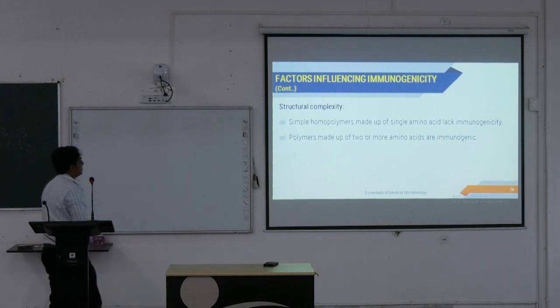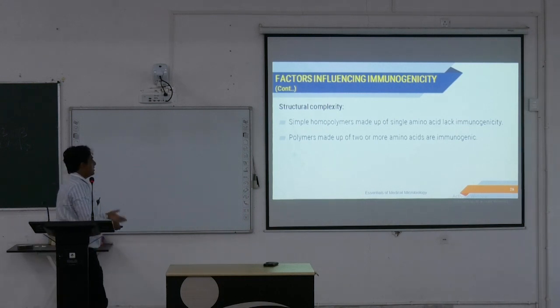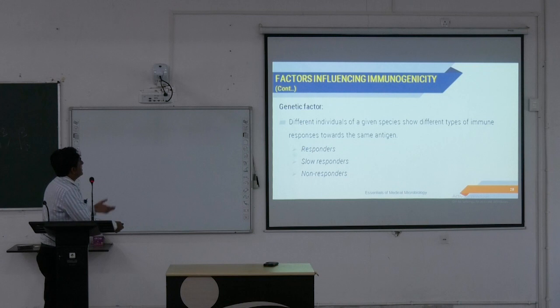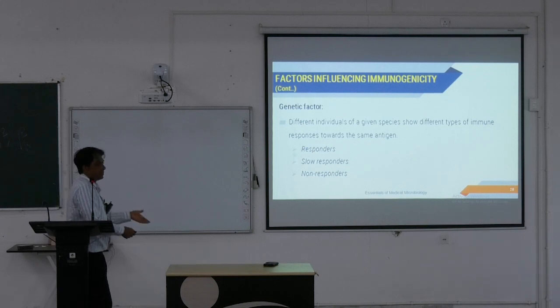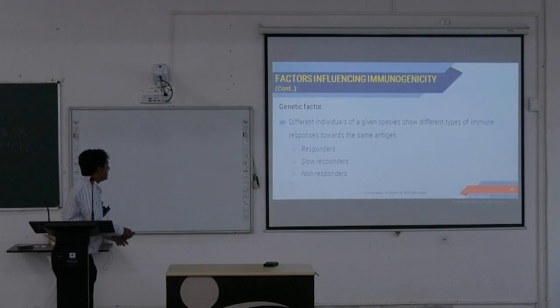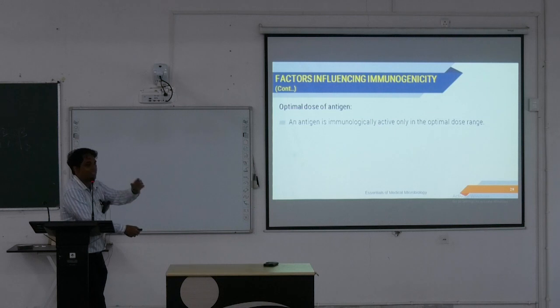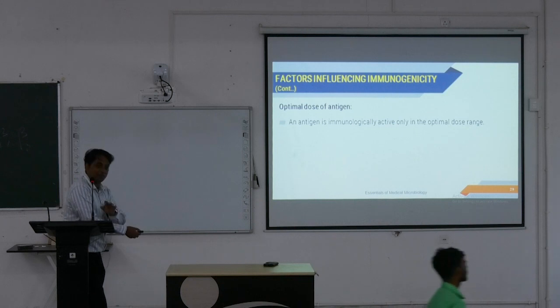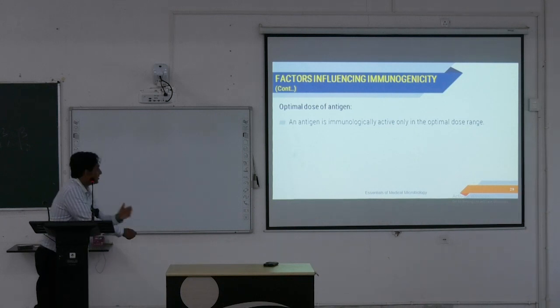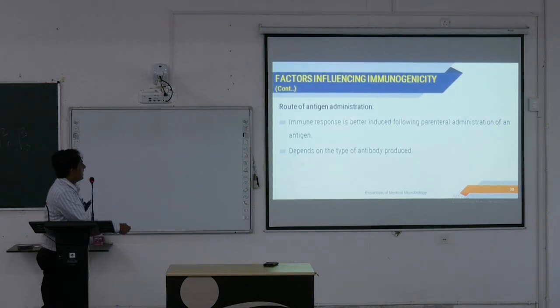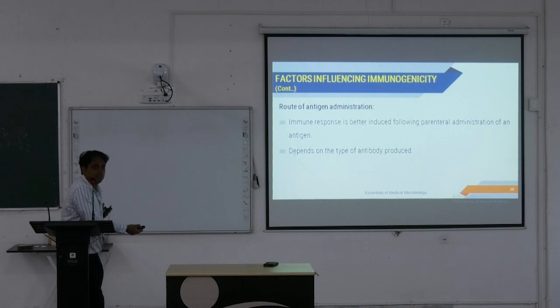স্ট্রাকচারাল কমপ্লেক্সিটি কি? সিম্পল হোমোপলিমার্স মেড অফ সিম্পল অ্যামাইনো অ্যাসিডস ল্যাক ইমিউনোজেনিসিটি, পলিমার্স আর মোর ইমিউনোজেনিক। ফরেননেস টু দ্য হোস্ট, ওটা অতটা জেনেটিক ফ্যাক্টর। কেউ কেউ রেসপন্ডার্স, স্লো রেসপন্ডার্স আর নন রেসপন্ডার্স। আর অপটিমাল ডোজ, একটা অপটিমাল ডোজে দিতে হয়। ধর তোকে একটা আস্তে করে মারলো, তোর কিছু লাগবে না, তোকে সোজা একটা টেনে মারলো, তাহলে তোর লাগবে। সেম হিয়ার অলসো, অপটিমাল ডোজ অফ অ্যান্টিজেন।